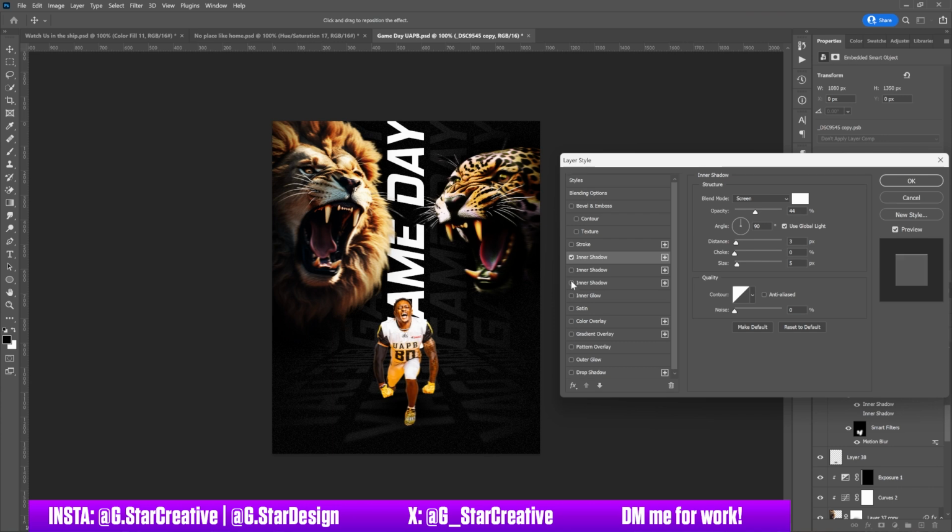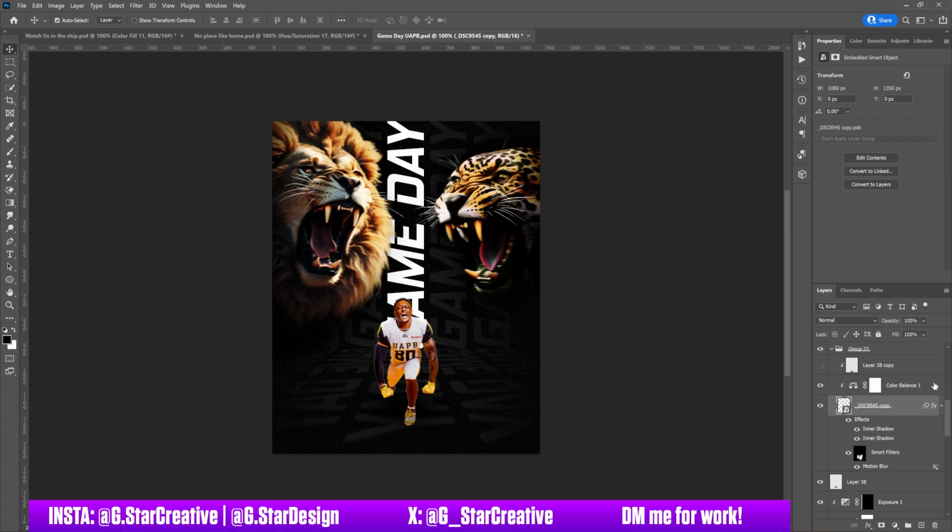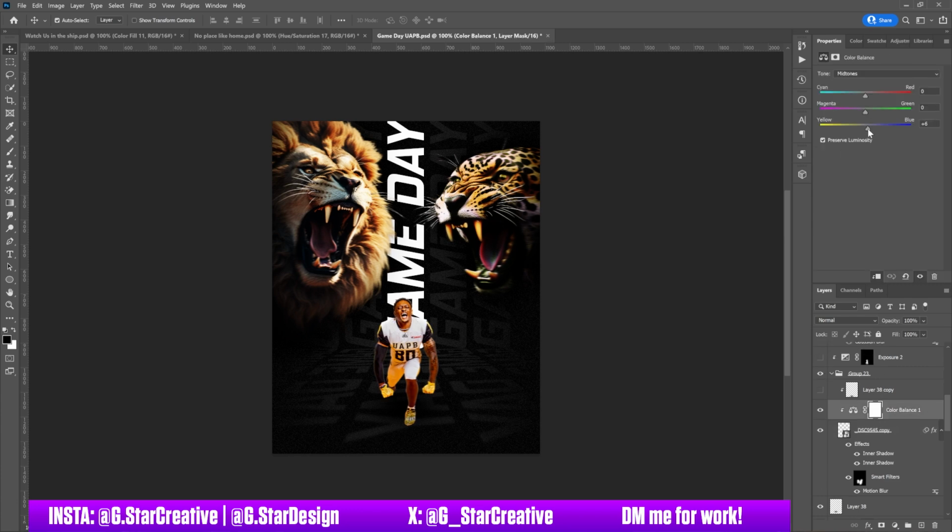to outline him a little bit, and then an inner shadow with this contour. It's this third option right here, turned all the way up. It looks like that. So that just kind of makes him look like he's backlit a little bit. It's very subtle. And then I just did a color balance to tweak his overall coloring,